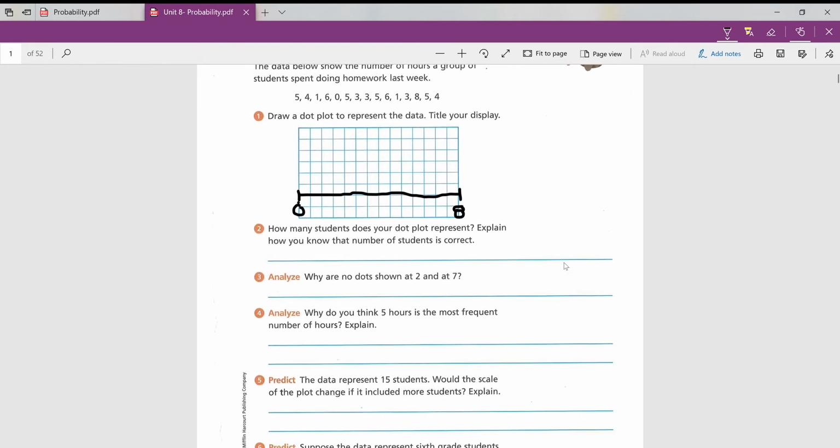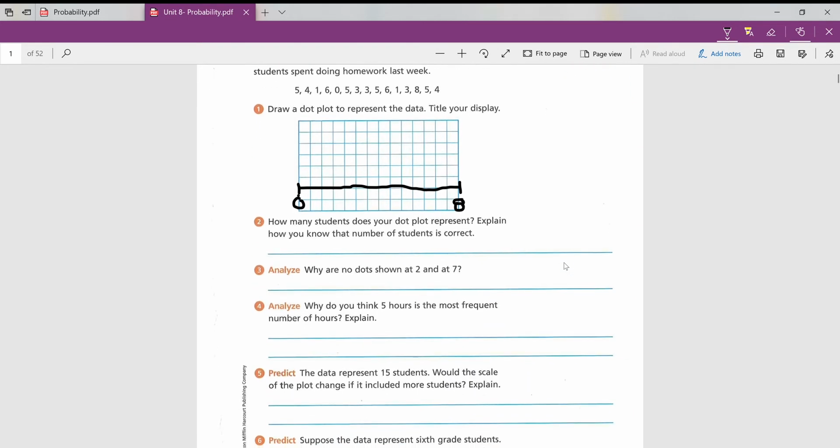Okay, so you're going to answer these questions. Number 2, how many students does your dot plot represent? Well, you need to explain your answer and know the number of students is correct. So if you look at your dot plot, you know you're correct because of the dots that are represented above each number, and you know that because of the data set you were given before. How you can do that is just by crossing off the numbers